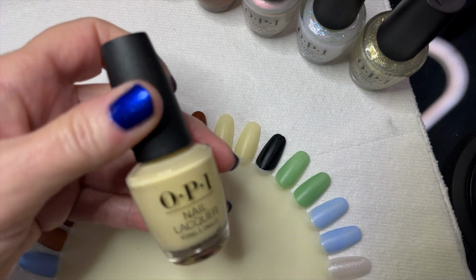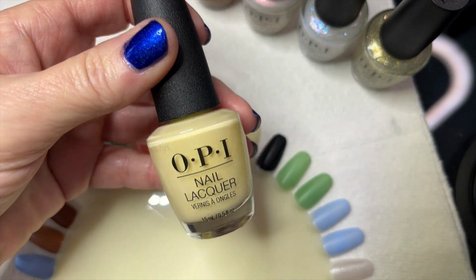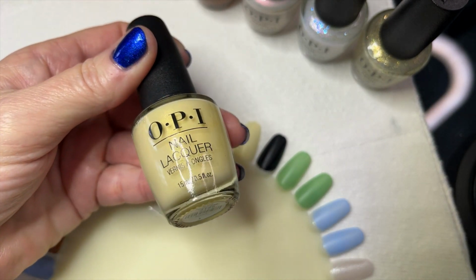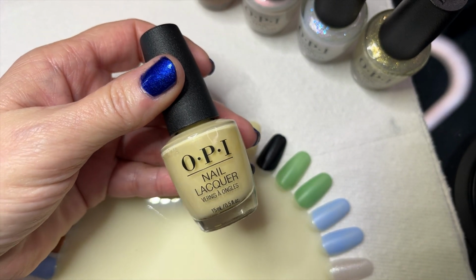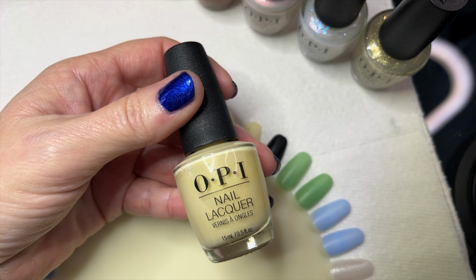We'll just jump right in and get started. So up first, I don't have these in any particular order. I usually like to do alphabetical, but I did not do any sort of order today. So up first, I have this